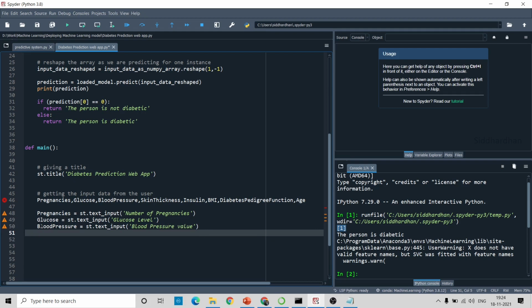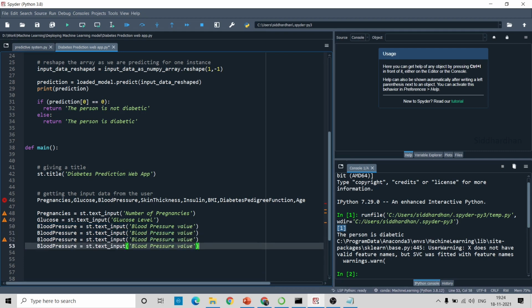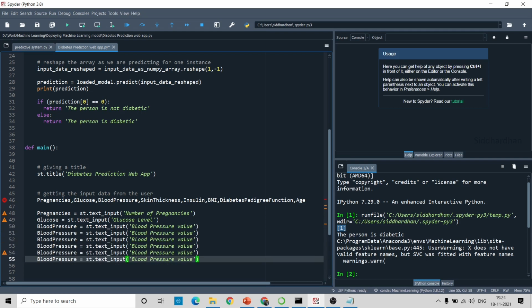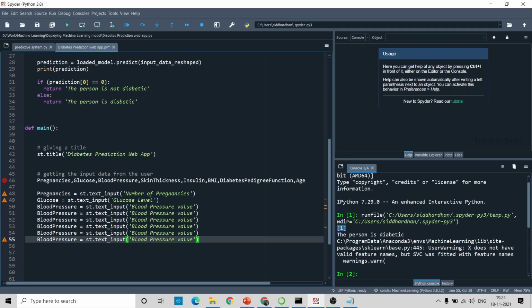And the third thing that we need is skin thickness, right? Or else I'll do one thing, I'll just paste this 8 times. So we have 4 and we need 4 others. Okay, so I'll see whether there are 8. 1 2 3 4 5 6 7 8. Okay, so we have 3 terms here: pregnancies, glucose, blood pressure, and the fourth term we need is the skin thickness value. So I'll just paste this here, and then insulin level, and BMI, diabetes pedigree function,